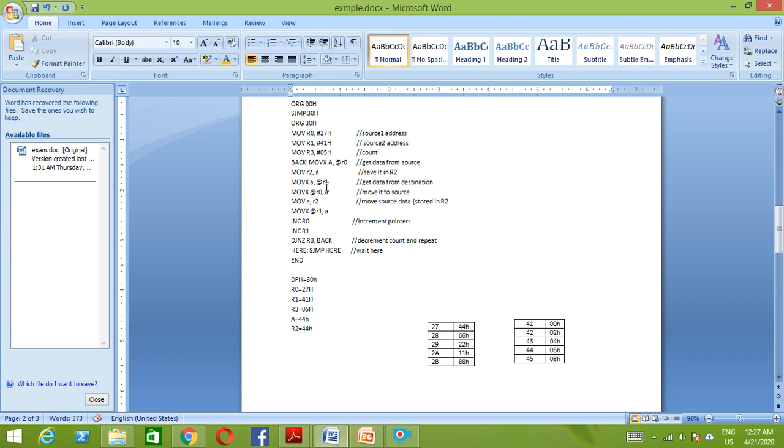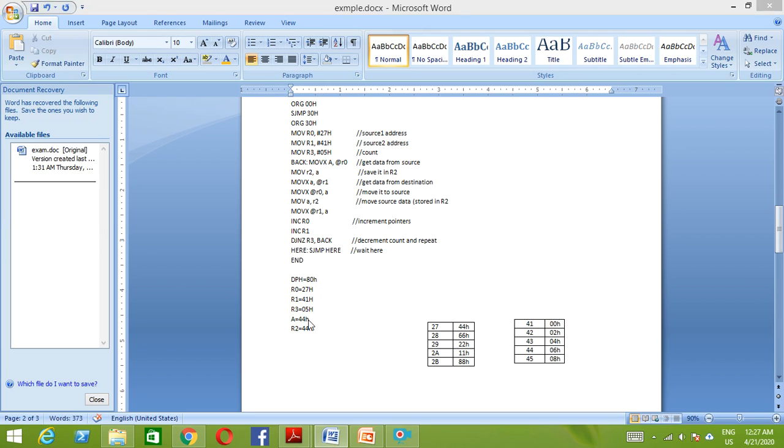Then MOVX A, @R1. @R1 means R1's content is 41, so it is a second pointer which has a certain value. So after MOVX A, @R1, the accumulator content is going to change.